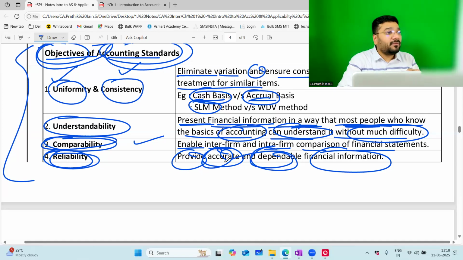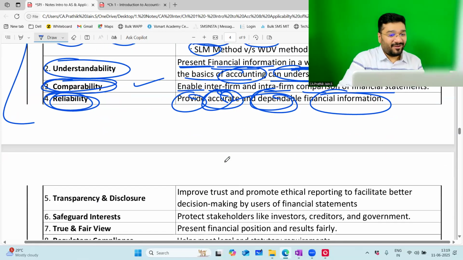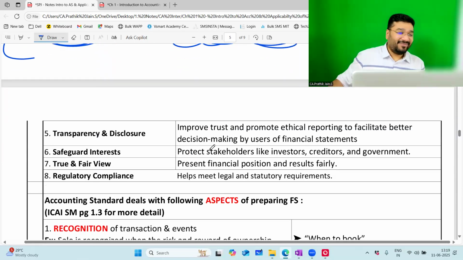Any bank, any financial institution, any investor, any big creditor who wants to deal with the company, the first thing they will do is go through the financials of the company. So based on that only we decide whether the company is good or bad. So if that data itself is misleading, false, wrong, then I'll not know the real picture, the true face of the company. So if I invest by mistake in a villain, thinking that he is a hero, gone. Heroine, gone. Heroine means your money, gone.